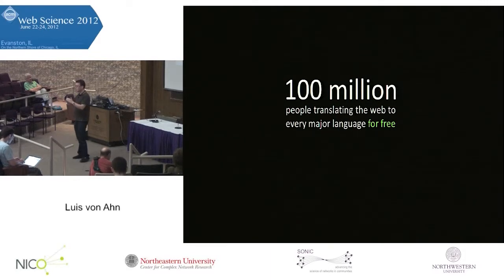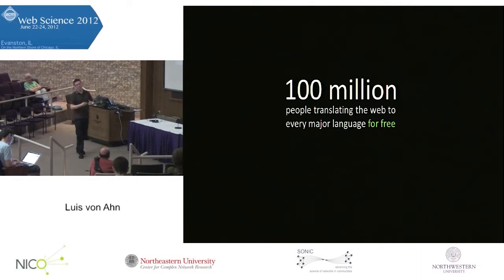Right now, it's funny, we call it the World Wide Web, but it's pretty much partitioned into multiple different languages. A very large fraction of it is in English, and if you don't know English, you can't access it. But there are also fractions in Spanish and all the other languages, and if you don't know those languages, you can't access them. So I would like to translate all of the web into every major language. That's what I would like to do.